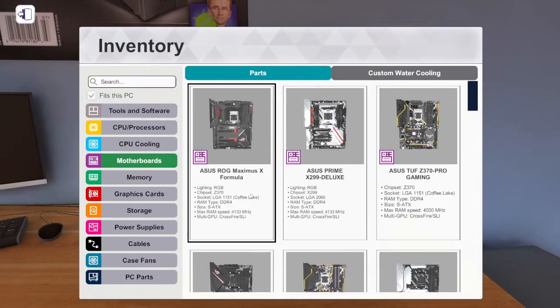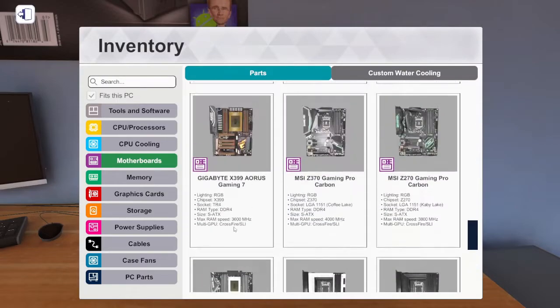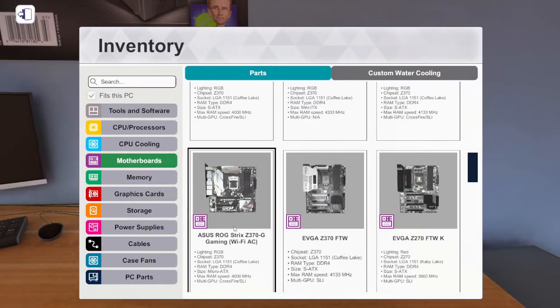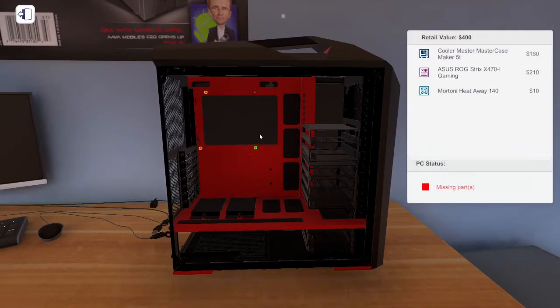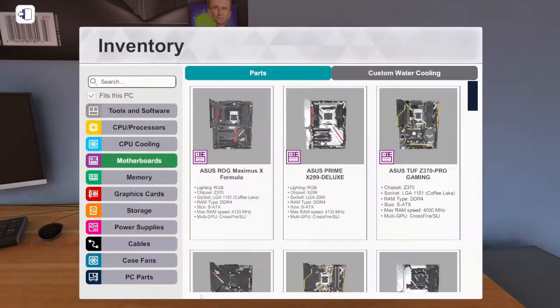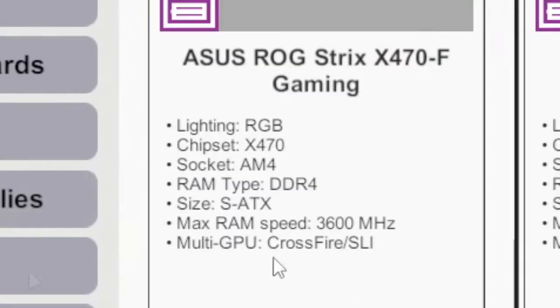Motherboards. There's only one mini ITX board, so we're going to be using the ROG X470 then. Guess that's what we're doing. Let's install this little motherboard. I also have the auto screw feature on. Actually, I forgot to check what chipset this is, so that might be helpful if I did. Oh, it's AM4, okay, so